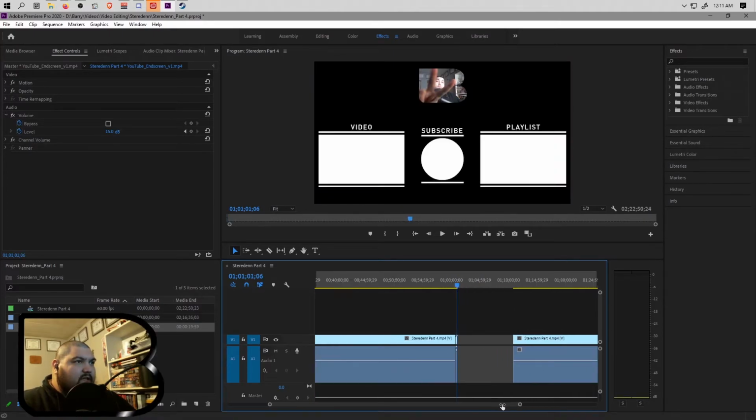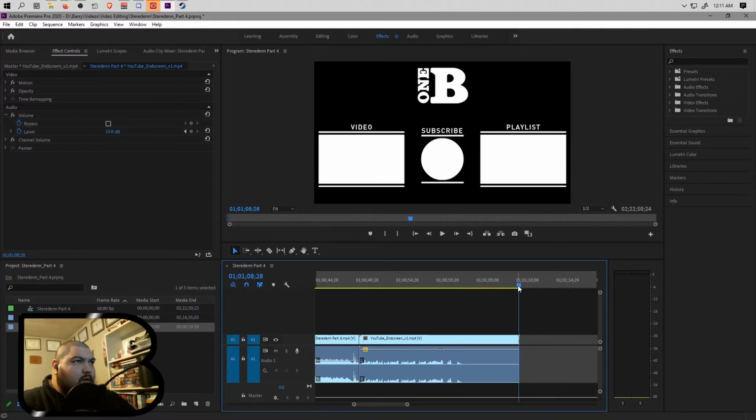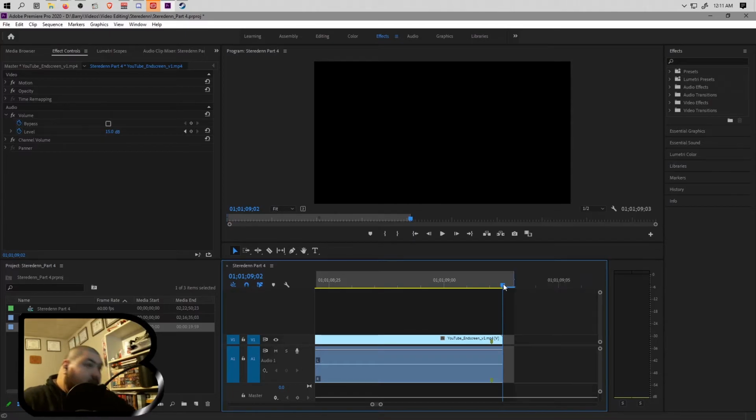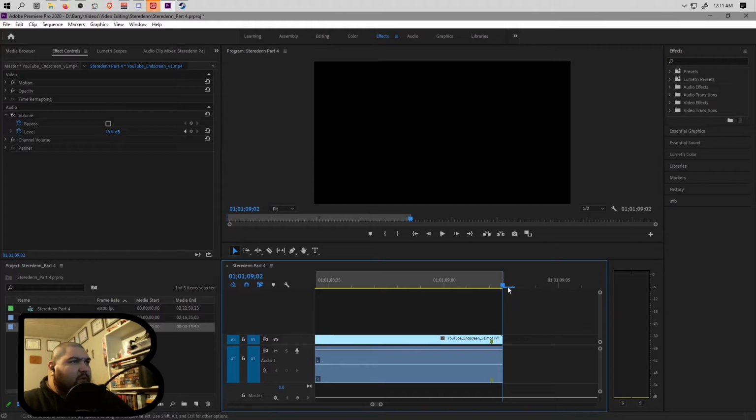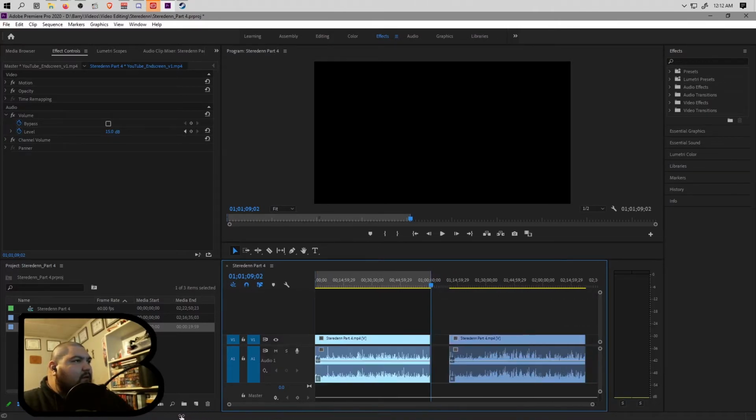The scrubber, I guess is what that's called. Put that at the end of this. I'm going to press O, and it always does a frame. I don't like that, but, you know, it does what it does, so I always pull it back to the exact spot. I don't need that frame of black at the end.